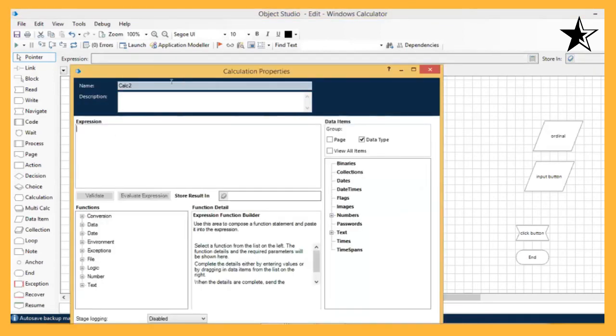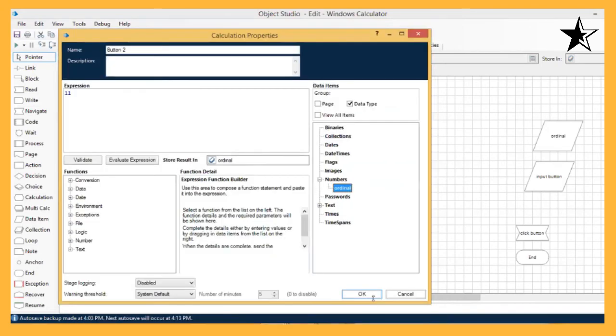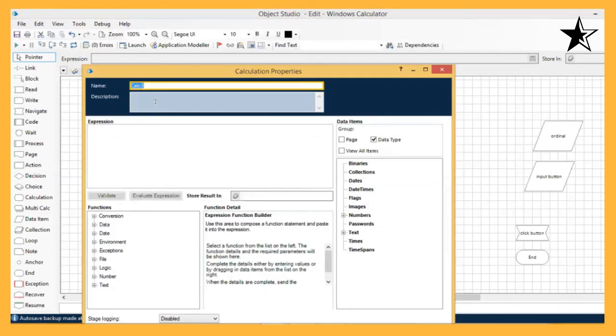Expression for button 2. Button 2, the ordinal value is 11. Store it into the ordinal and click on OK. Then click button plus, the ordinal value is 23.